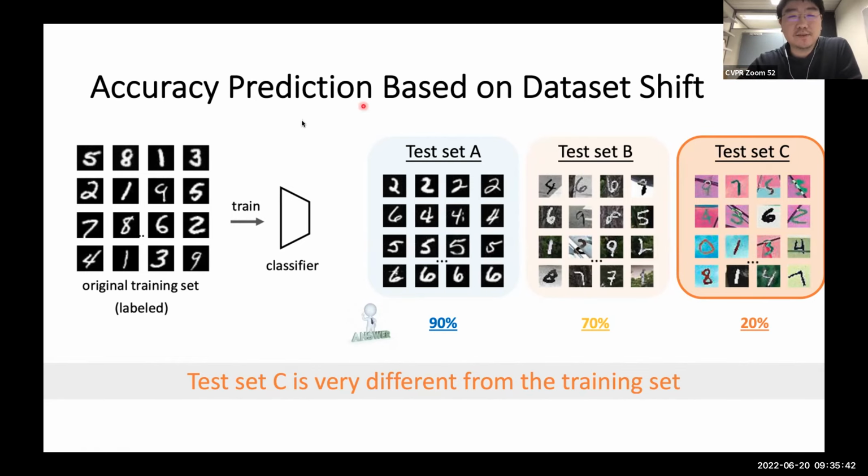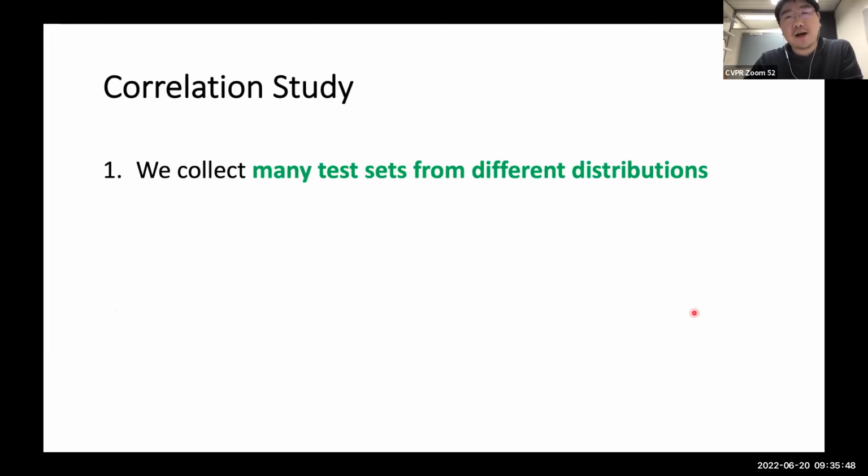Now we want to do some correlation study. In our correlation study, we want to study the relationship between dataset distribution shift and the model's accuracy. To perform this, we first collect lots of test sets from lots of different distributions.